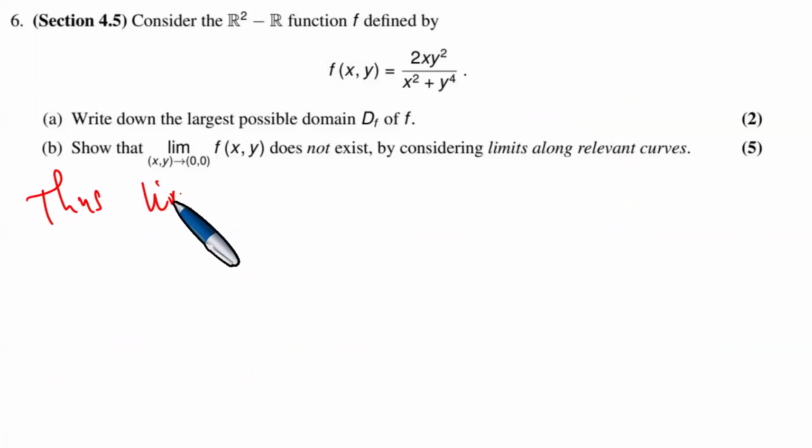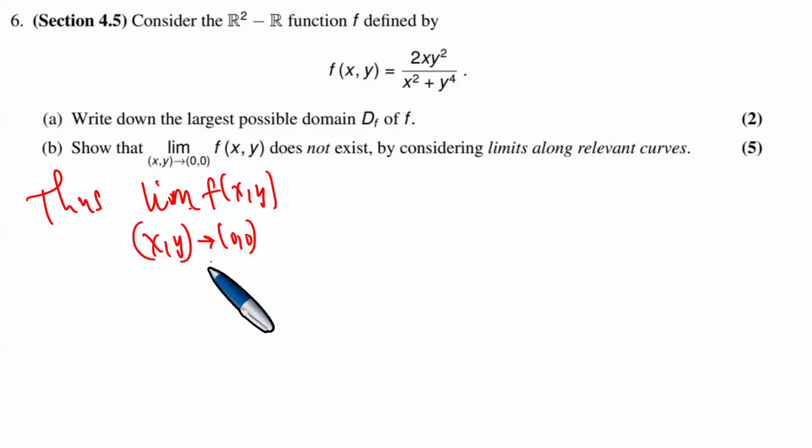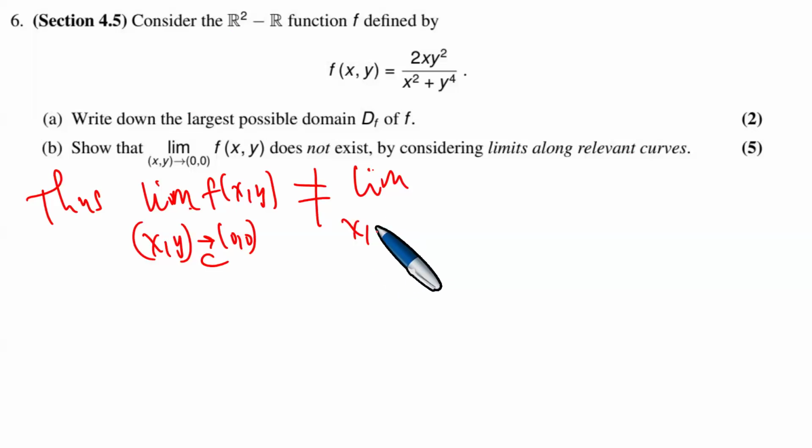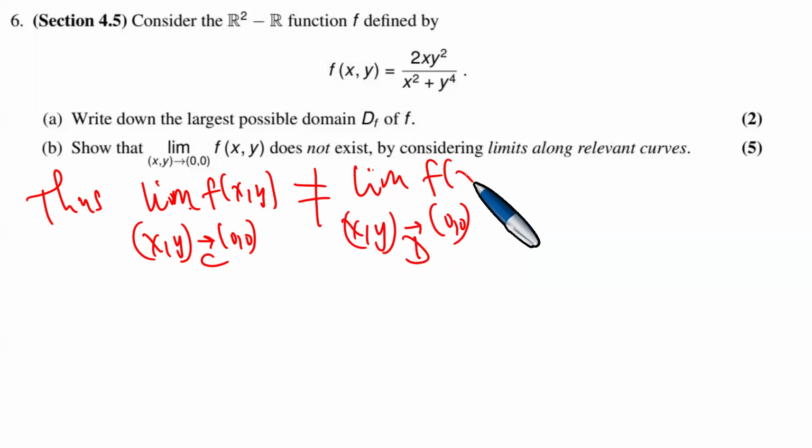the limit of f(x, y) as (x, y) approaches (0, 0) along curve C is not equal to the limit along curve D. Thus this limit is not equal to that. Therefore,